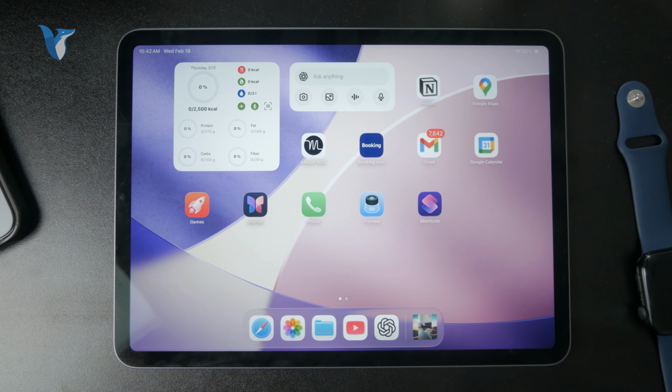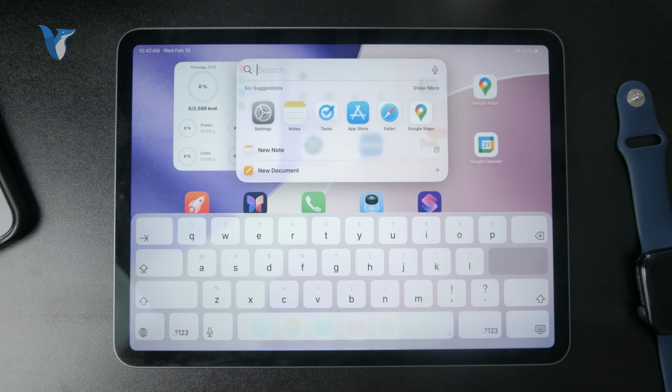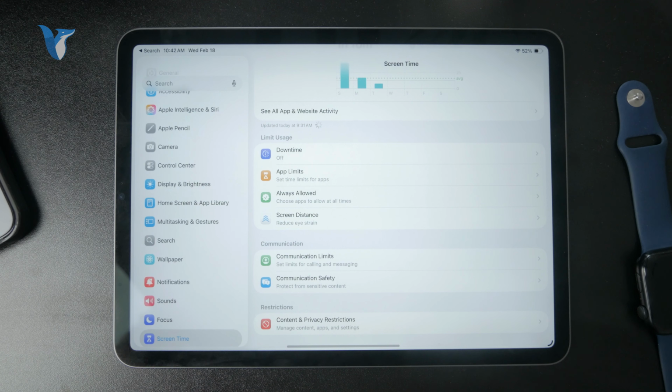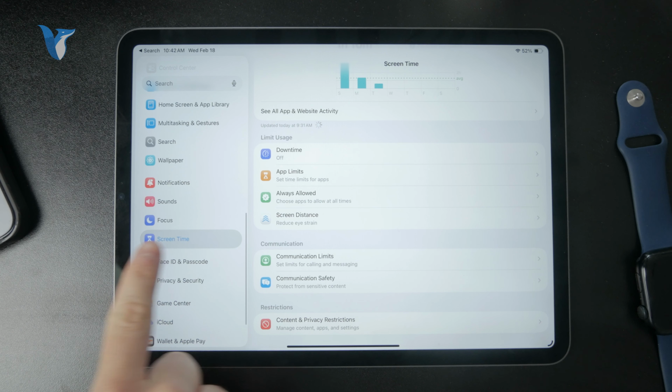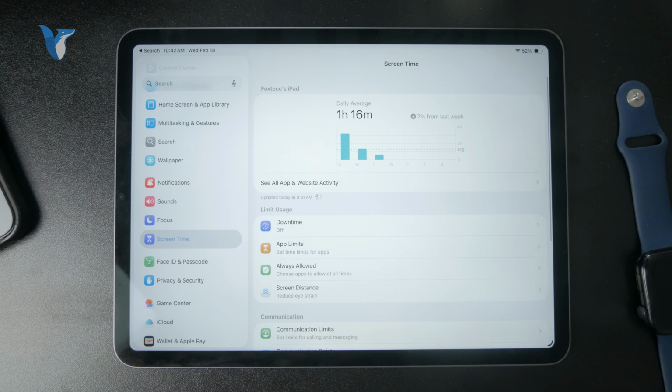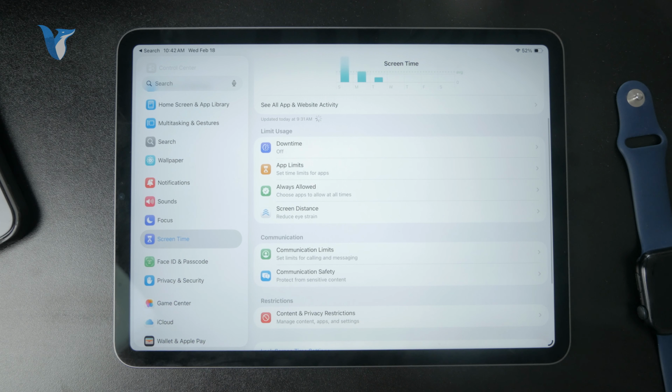So the screen time, generally speaking, on our Apple devices can be found inside of the settings, and you can literally scroll through the options, and the screen time is going to be one of them. So at first, if you have never used it, you will have to enable the tracking of your activity. So if you haven't done that, make sure you turn it on. But once you do have it enabled and some time passes, all of your activity is going to be tracked,